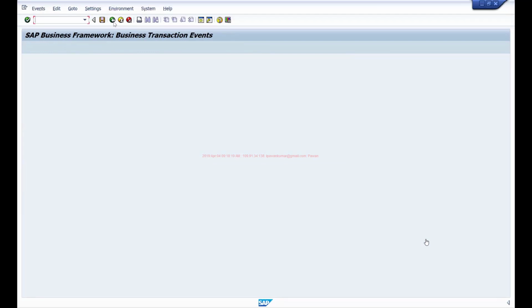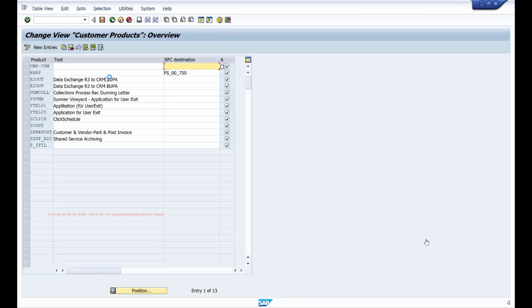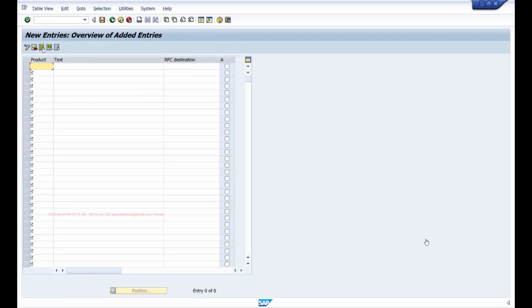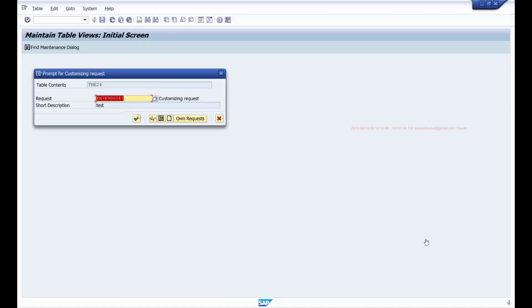So I'll go to the initial screen and under Settings, Products of a customer. Here you can click on new entries, give some name for your product, let's say ZVENDORTEST, and select this checkbox to mention that it is active.